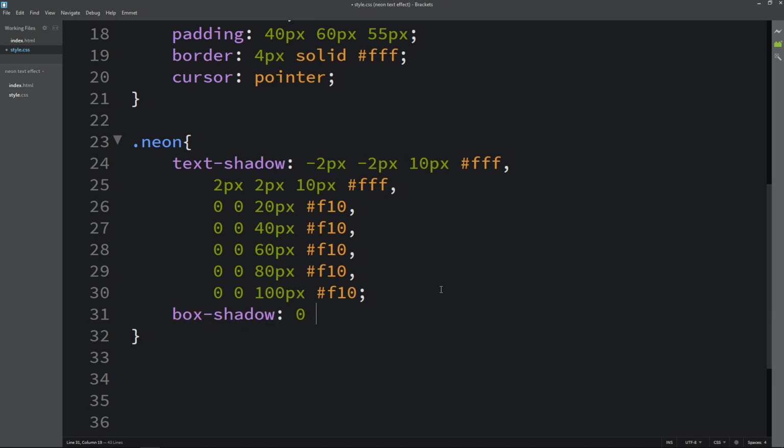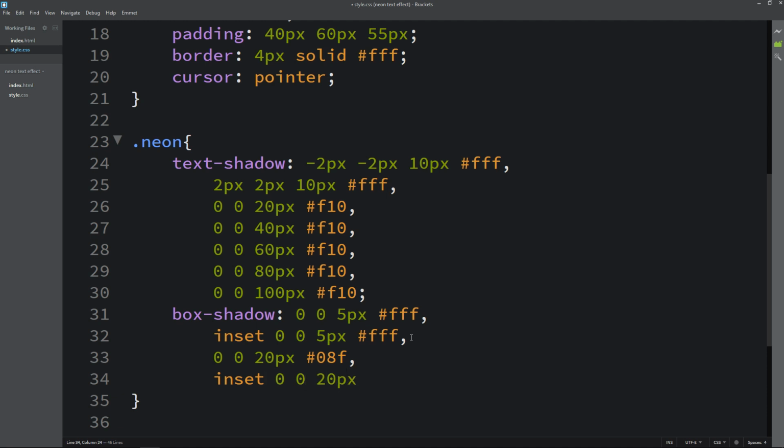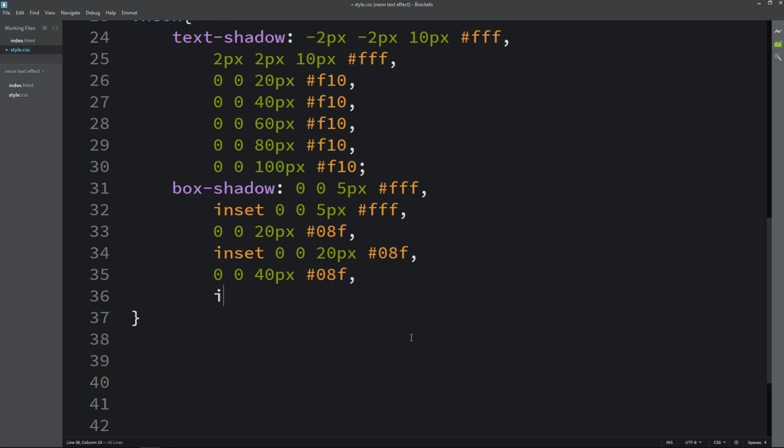So let's add box-shadow over here and add these values. Now you can see blue color shadow for this border.